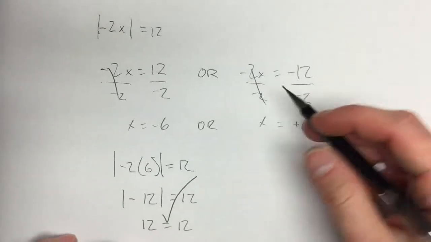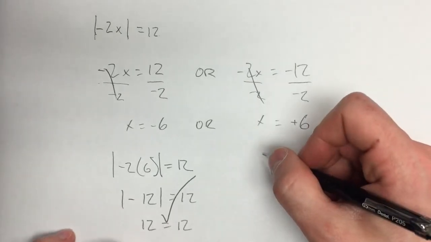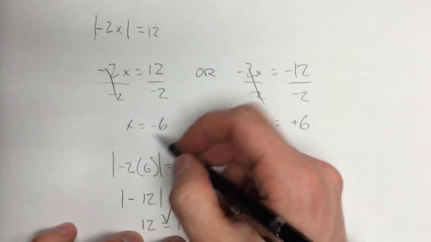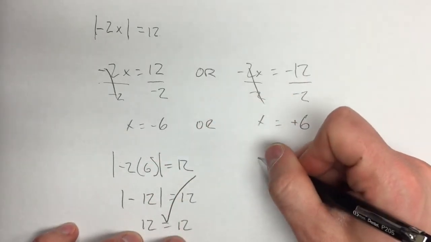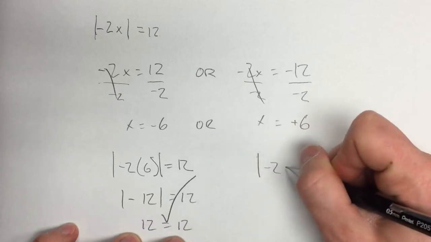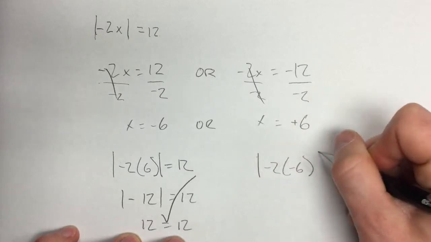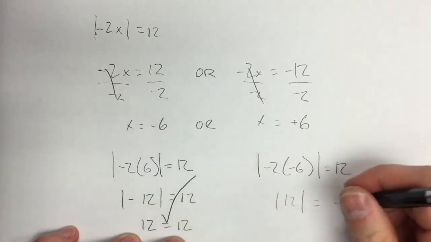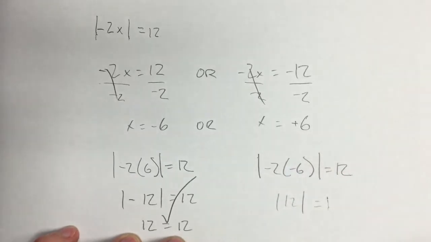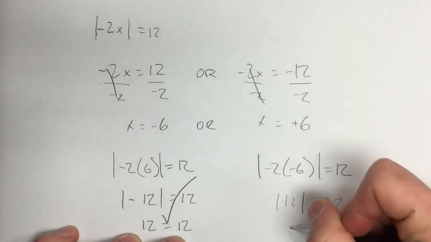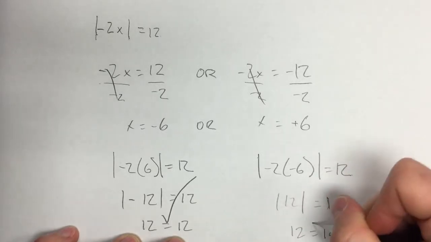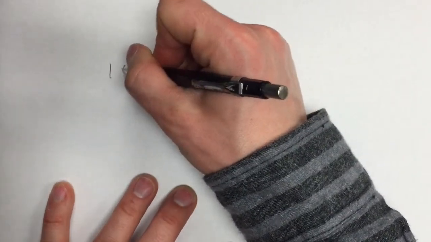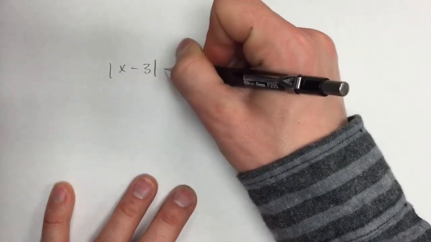Okay, so let's plug the positive 6 in. I'm sorry, we just did the positive 6. Let's plug the negative 6 in over here. Let's say the absolute value of negative 2 multiplied by negative 6 equals 12. This is the absolute value of positive 12 equals 12. 12 does always equal. So let's do one more example that says the absolute value of x minus 3